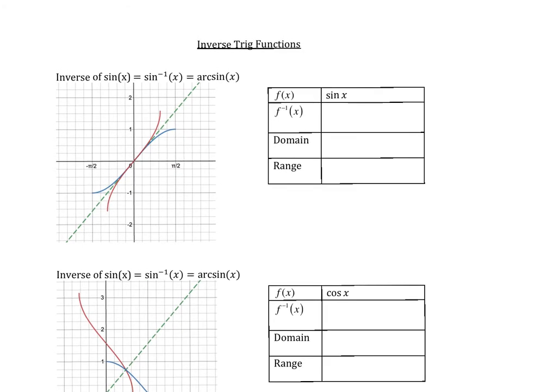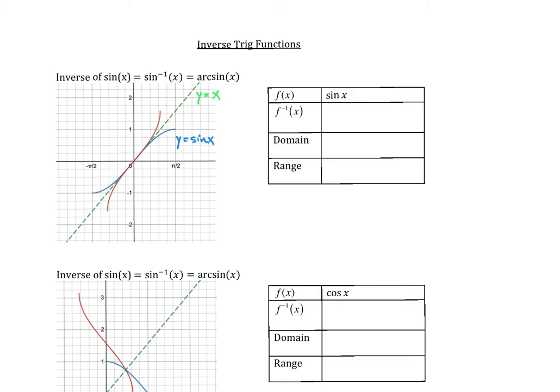If you take a look at this blue graph right here, this blue graph represents our restricted domain. And this red graph right here is going to represent our inverse trig function. So we know that the graphs are related by reflecting across the line y is equal to x. So let me label everything here. The green line is y is equal to x. The blue line is the restricted y is equal to sine of x. And then the red graph